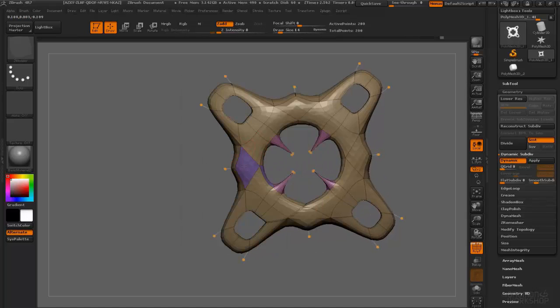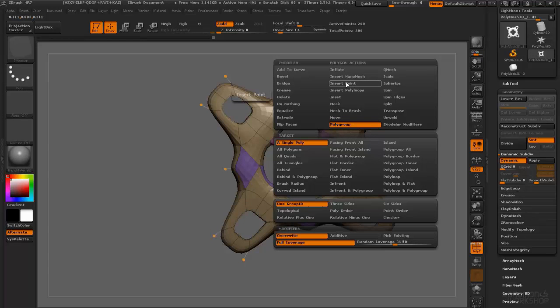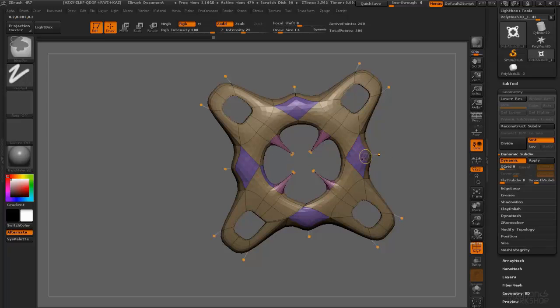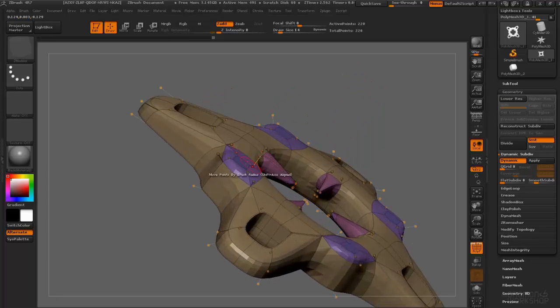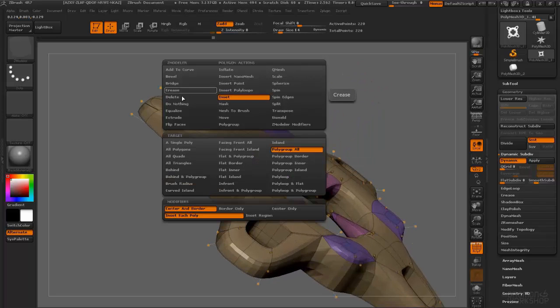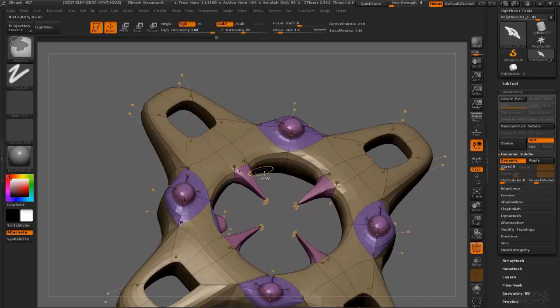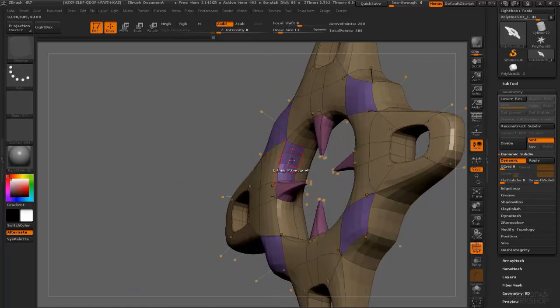I'm going to polygroup this, this, this, and this. And let's go ahead and inset, polygroup all. Make sure that we have it set to inset each poly individually. There we go. And let's go ahead and use extrude. Oops, we've got an extra polygroup there, so I'm going to undo that. And I'm going to polygroup